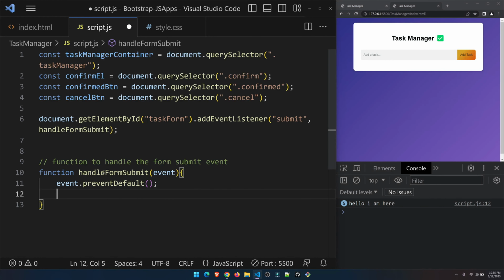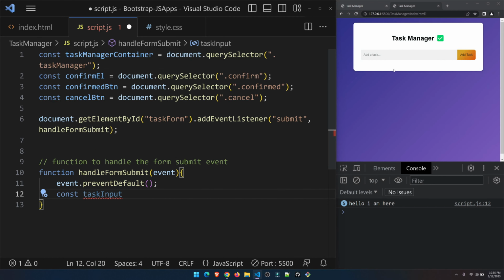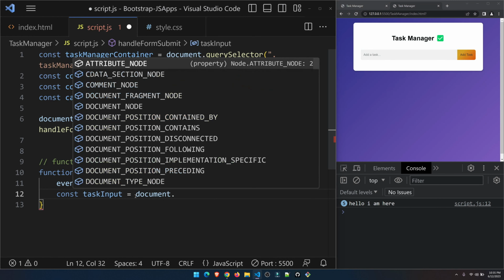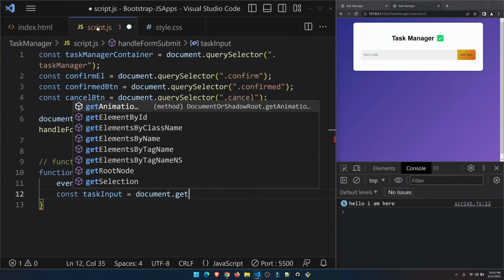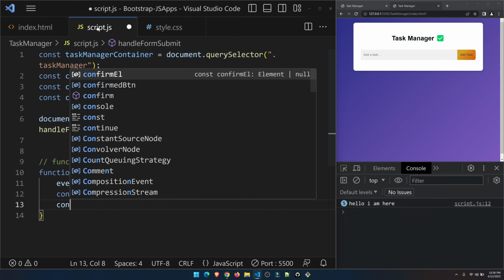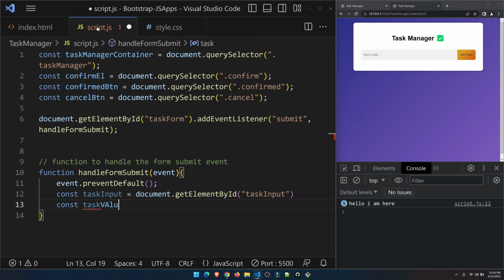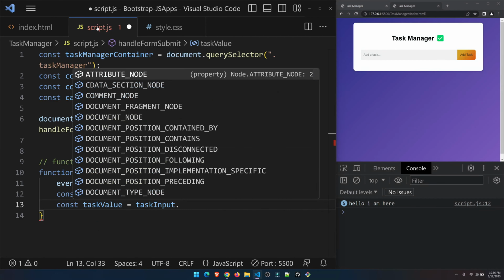Once you have the event being prevented by default, you can access the const input element, which I will assign to a variable using document.getElementById, and then task input. Once you have it, we need the task value as well, right? That's the main thing we are looking for. For that, we can get it by task input dot value